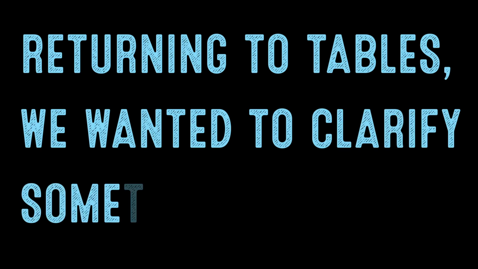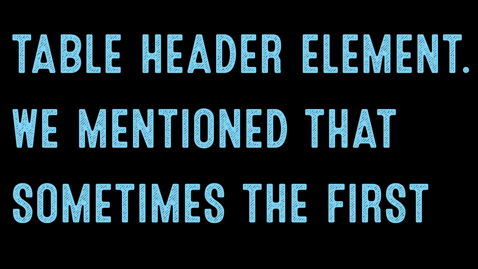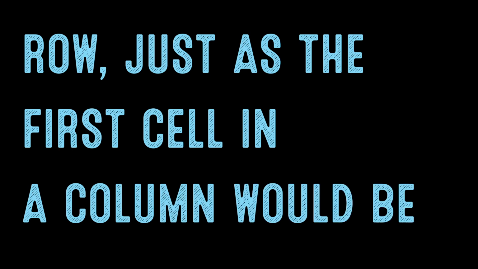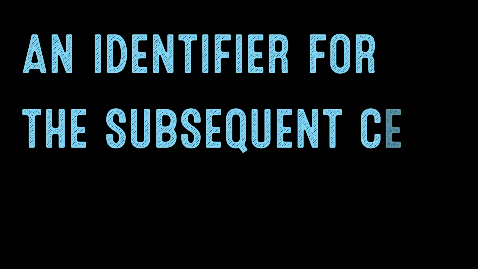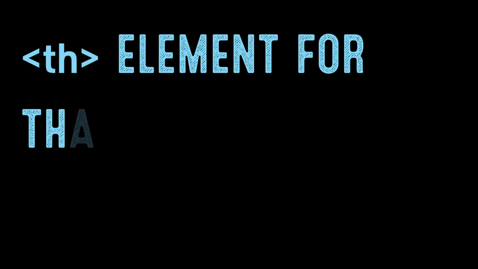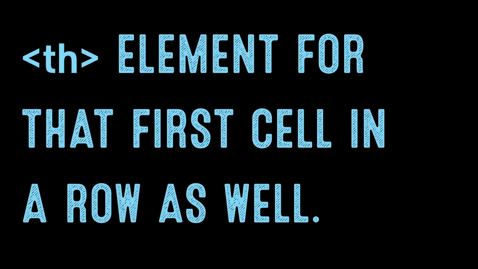The daily code snippet. Returning to tables, we wanted to clarify something about the table header element. We mentioned that sometimes the first cell in a row is an identifier for that information in that row, just as the first cell in a column would be an identifier for the subsequent cells in that column. What may not have been clear is that you could use the table header element for that first cell in a row as well. So if we go back to our example,